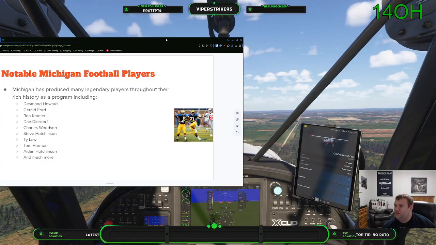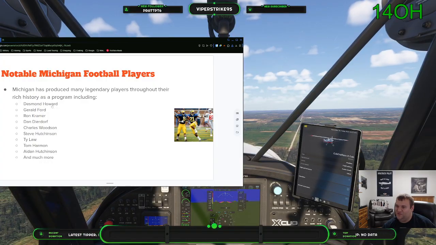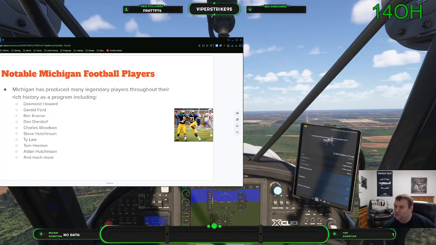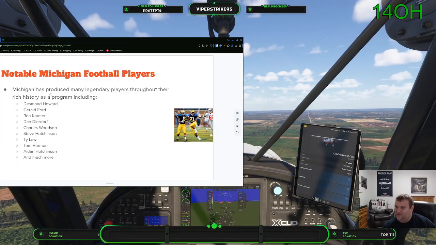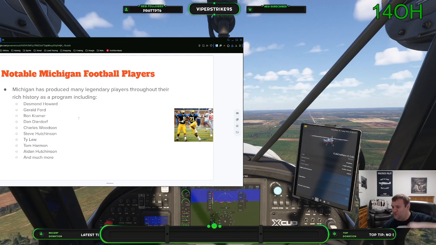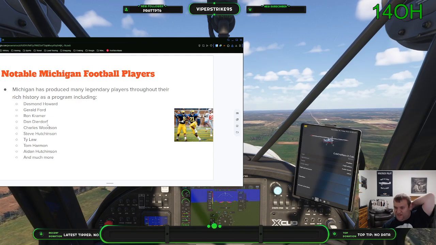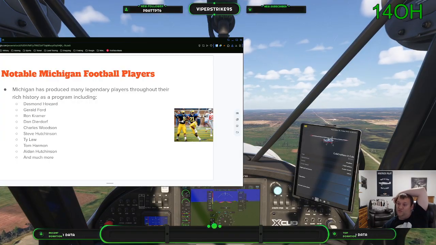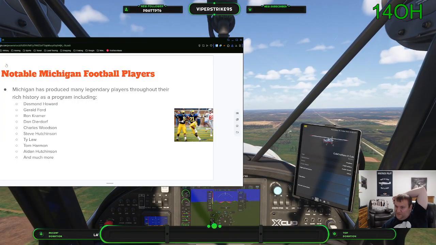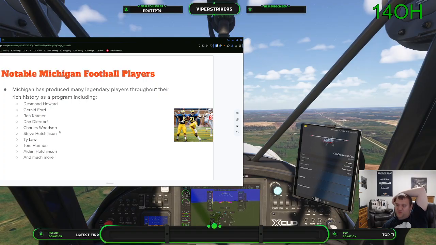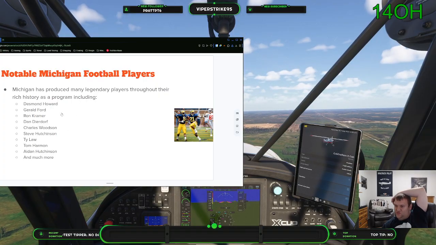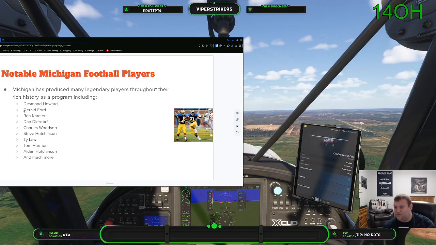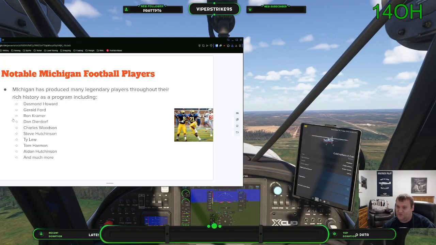Next legendary Michigan player is actually one of the most interesting players Michigan's ever had. And yes, I'm not kidding, Gerald Ford, actually. Now, you've been asking, wait a minute, Gerald Ford, you mean the same guy who was actually the president of the United States? That's right, that Gerald Ford. A lot of people don't know about this, but Gerald Ford actually started as a center in 1934. He was voted the most valuable player by his teammates in the 1930s.